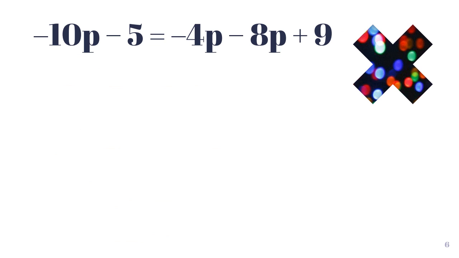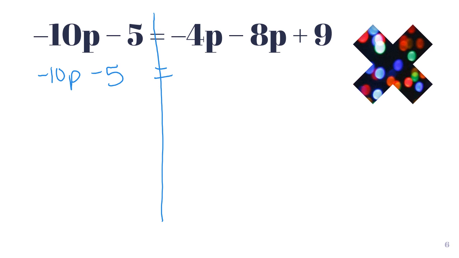Next one, we're getting a little bit bigger. So I draw my line down my equal sign. So I'm going to start by combining anything that I can combine on either side. So I look at my left side first. I have negative 10p minus 5. Nothing can be combined. So I'm just going to rewrite it. Negative 10p minus 5 equals